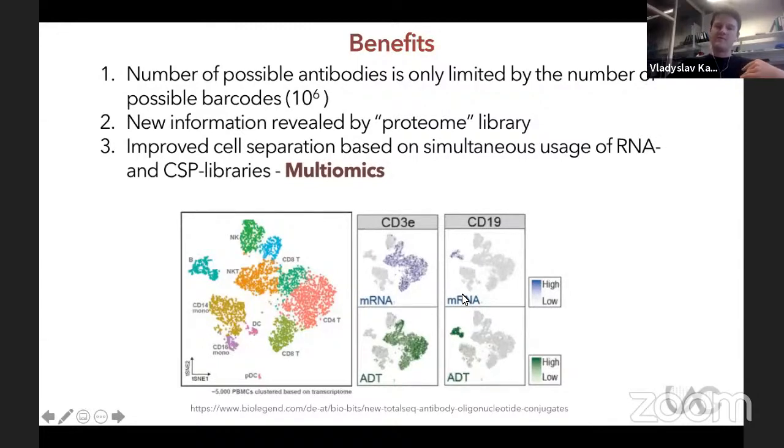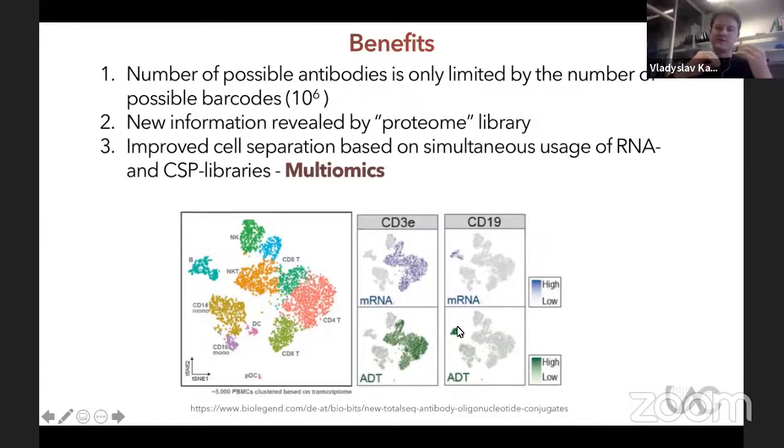But on the other hand, if you're using the proteomic information, you will be experiencing this increase of the signal with the help of the proteins. And as I said, CRAD version 4 now enables to simultaneously use the transcriptome, but also the proteome information together to cluster your cells, to separate your cell populations from each other, which is really cool